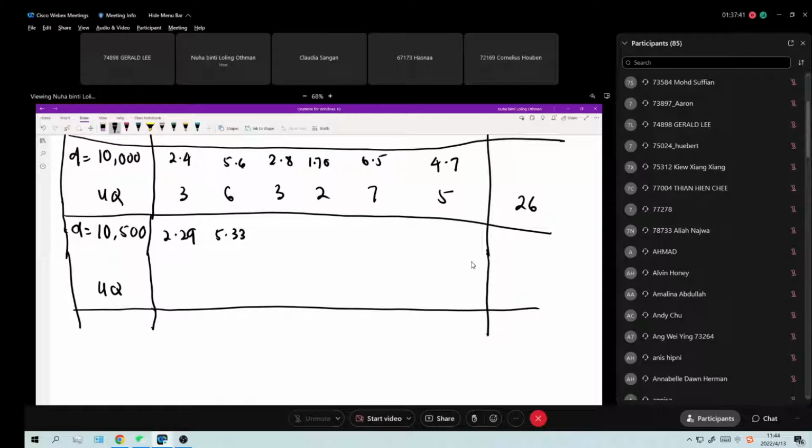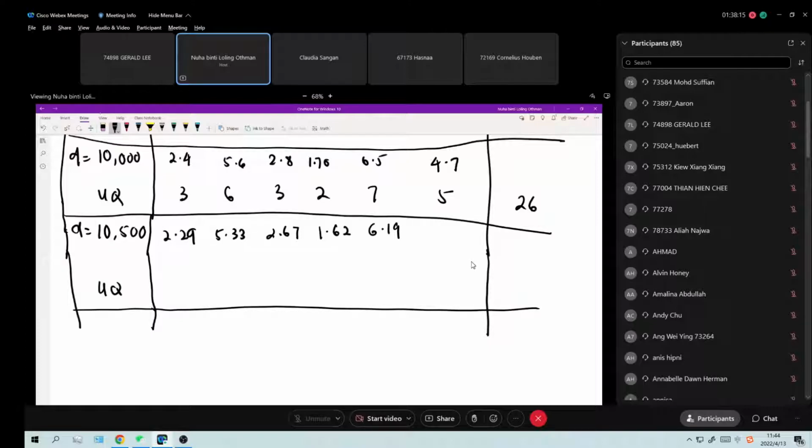1,500. 2.67. And then how many more? 117. Okay. Divide by 10,500. Okay. This one is 1.62. And another one is 65,000 divided by 10,500. So this one is 6.19. And another one is